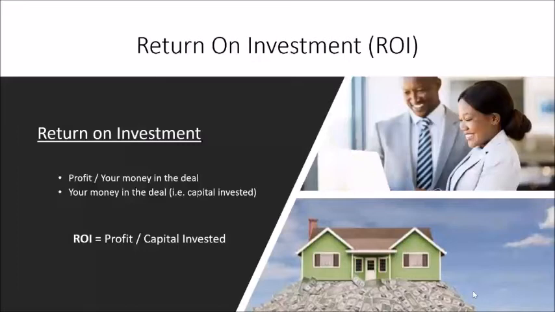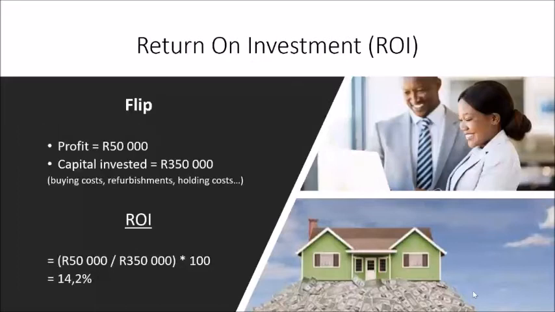If we look at a rental, similarly to a flip, you need to take your monthly cash flow, which is your monthly profit every month, times 12 to get an annual, and that's your profit. Your capital invested is whatever money you're taking out of your pocket to invest in the deal. The 36 divided by the 300 times 100 gives you 12%. And again, compare that to the bank and see if this return is worth it for you. Now, one of the important things is when you are renting, you're looking at your return on property when making a decision in that vein.